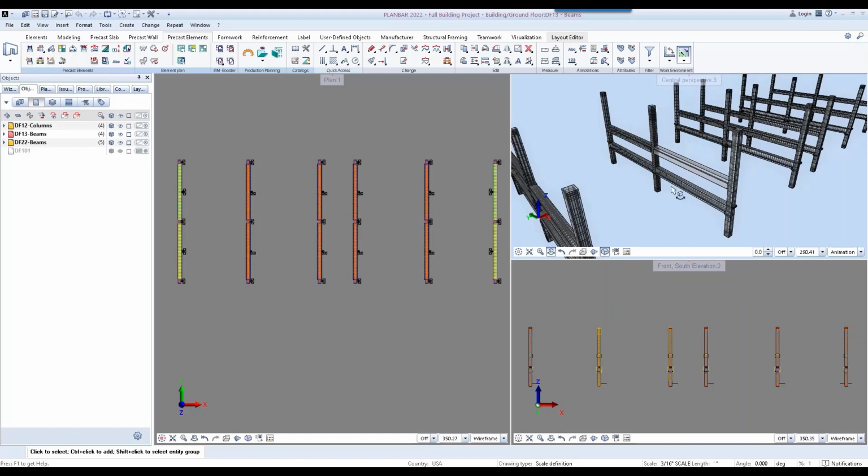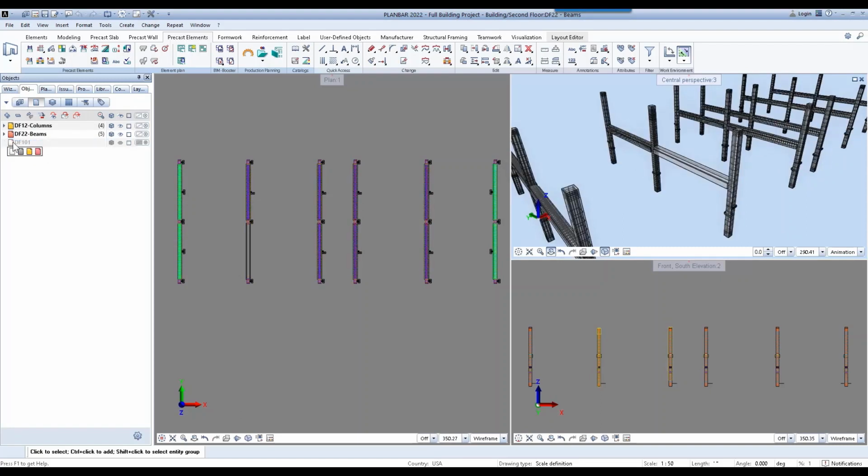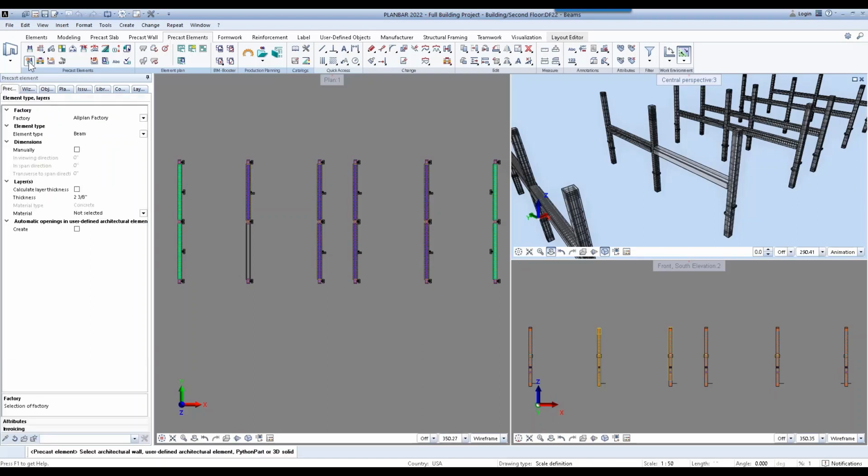So before I activate the tool, I'm going to switch active drawings and turn off this other beam drawing file just so we can see this beam 3D object in plan view more easily. And then I can activate our precast element tool. So now that it's activated,